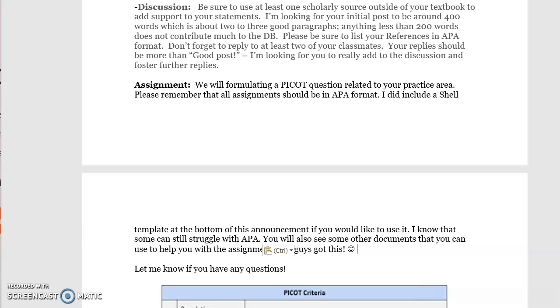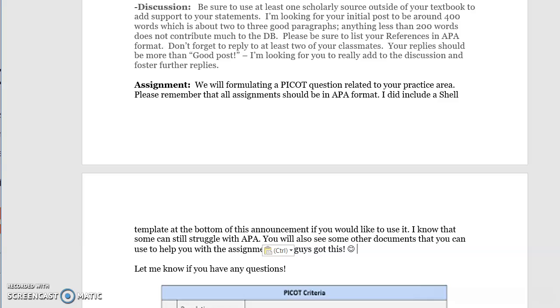A couple of things that I want to go over and get out of the way before this whole course starts are your discussion boards and your assignments. With your discussion boards, make sure you have a reference for this. Sometimes students forget to include a reference with the primary post. I do expect one there. Otherwise, I usually take a couple points off for not having a reference cited for that.